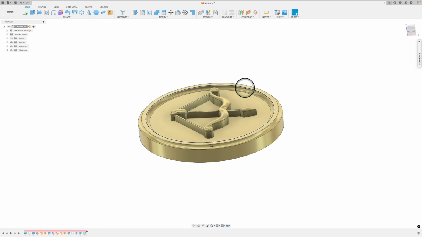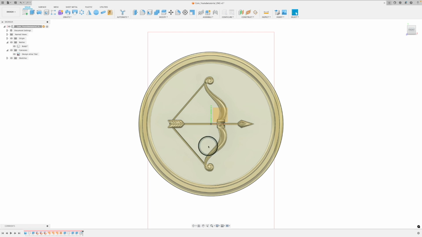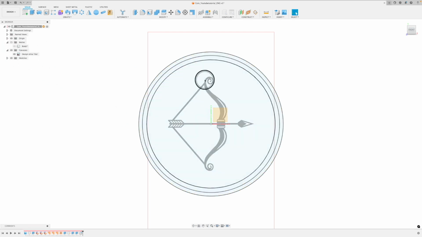I've been asked to share how I created this piece, so let's get started with the process in CAD. The first thing you want to do is find an image that you want to use for your relief design. I really wanted to use the Sagittarius sign symbol, which is the bow and arrow, and I found this image that I really liked. You can definitely find your own imagery for star signs or whatever you want to use